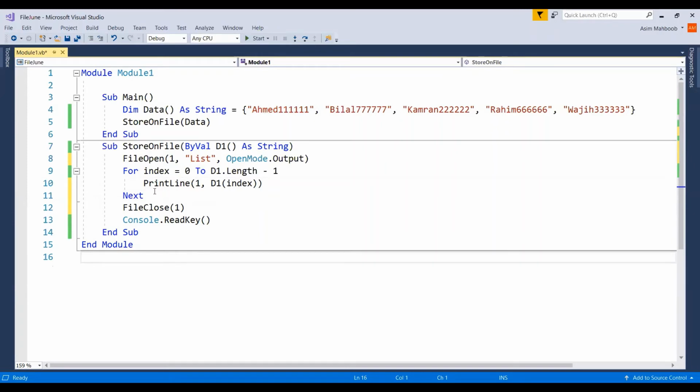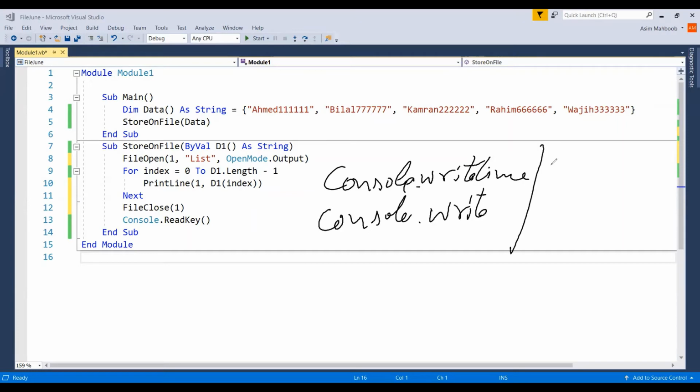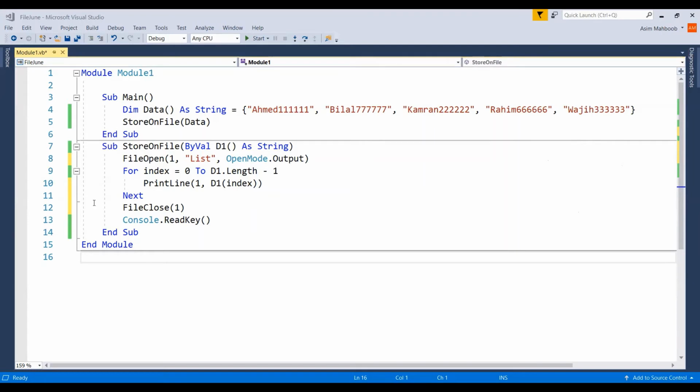तो अगर प्रिंट करता तो प्रिंट, आई थिंक यू मोस्ट ऑफ यू अंडरस्टैंड कंसोल डॉट राइट और कंसोल डॉट राइट लाइन, और कंसोल डॉट राइट में जो डिफरेंस है वही डिफरेंस प्रिंट लाइन और प्रिंट में है। तो अगर आपको ये डिफरेंस पता है तो फिर ये सेम बात है, लेकिन ये फाइल हैंडलिंग के लिए है और ये कंसोल पे लिखने के लिए है। ठीक है, ओके। नाउ लेट्स रन द कोड